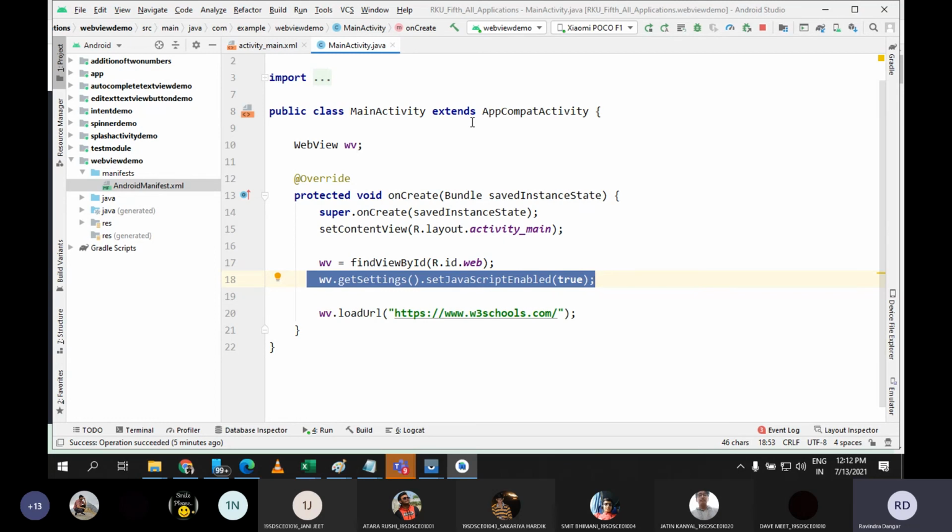So whenever you want to integrate your application with the web page, then WebView is a direct way using which you can load the entire content inside your application. So just create one web page, host it, get the link, and integrate it to the WebView, so that WebView can display the entire content. So in many of the cases, it is required. So this is a very useful component which we need to use. Let me know if you have any doubt so far.